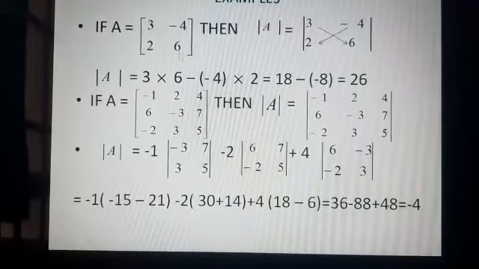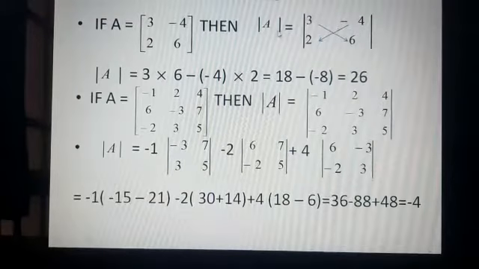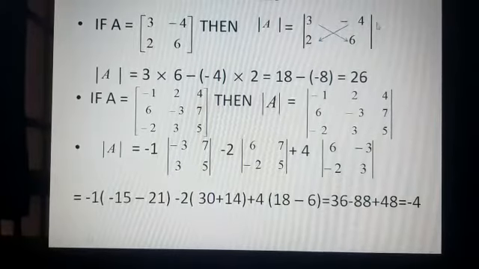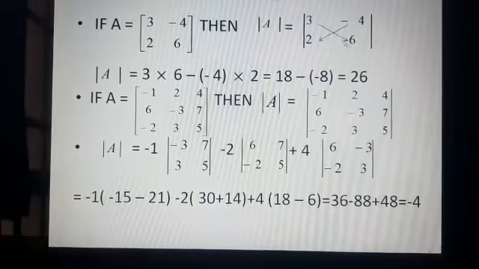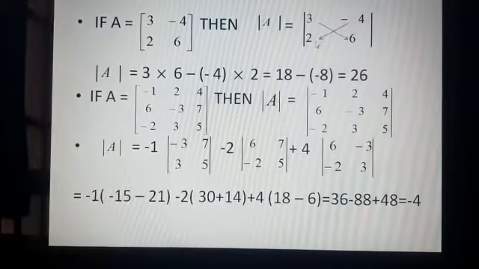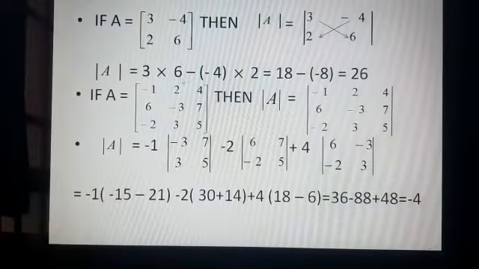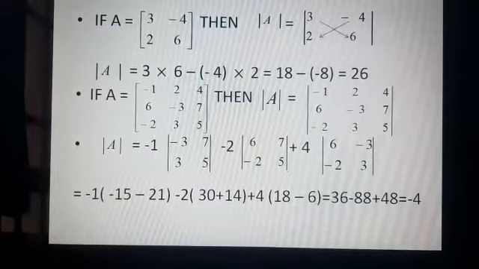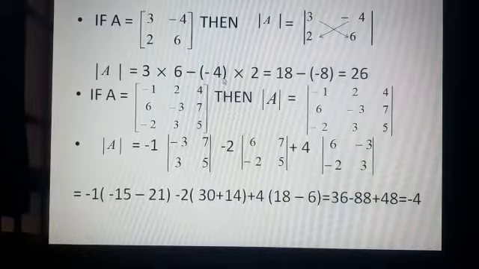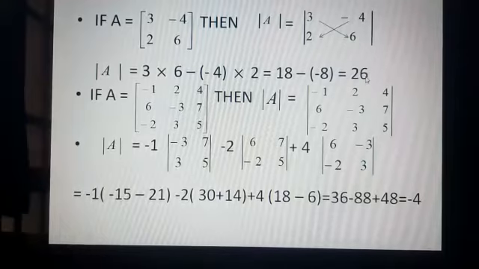This is a 2 into 2 matrix. We can easily solve the determinant for a 2 into 2 matrix. You can see here I have written it inside the vertical lines. This arrow shows 3 has to be multiplied by 6, 3 into 6. Then minus, subtraction is there. Then we have to multiply these two elements, minus 4 into 2. So first we'll carry out the multiplication, 3 into 6, then minus 4 into 2. So it is 18 minus minus 8, that is 18 plus 8, which is equal to 26.